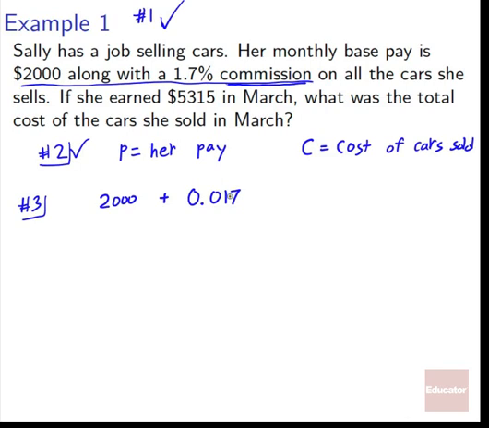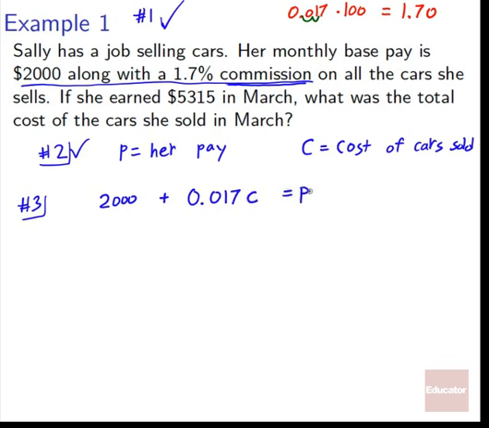If she sold a $100 car, a cheap car, but hey, if she were to sell $100, 1.7% of 100 would be $1 and 70 cents. So she should make $1.70. 0.017, let's check that out. 0.017 times 100, we move the decimal 2 over, we get 1.7, which would be $1.70. Check. Makes sense. So 0.017 times the cost of the cars sold is equal to the amount that she gets paid